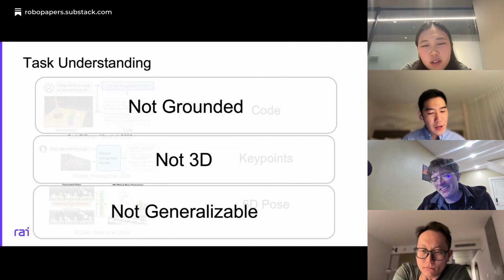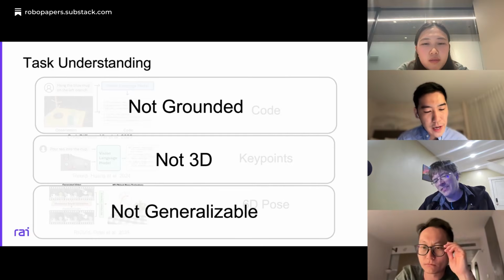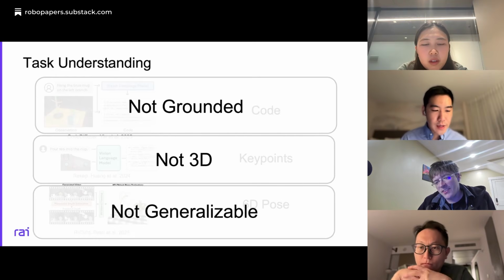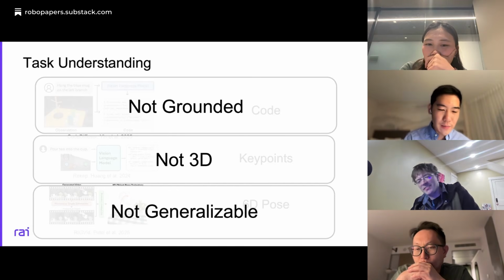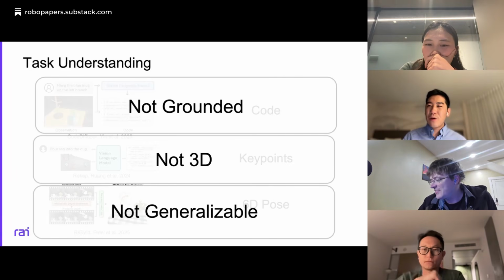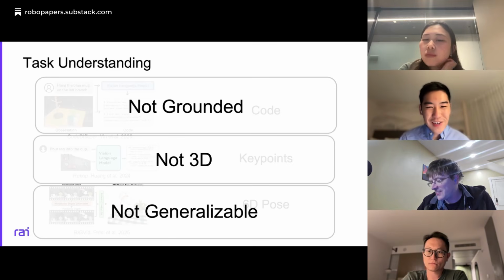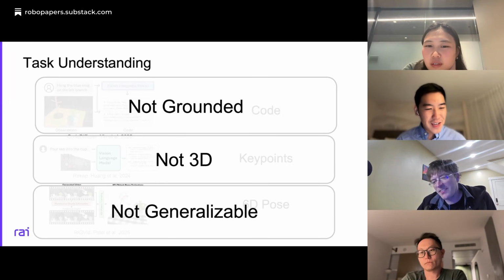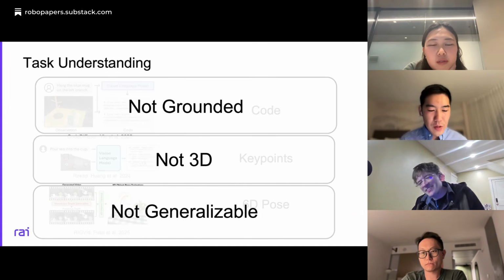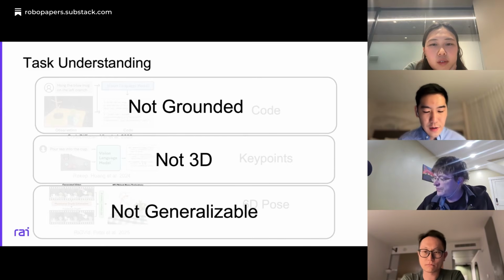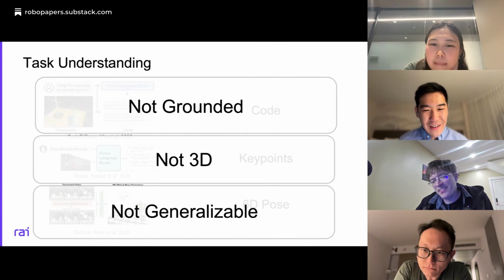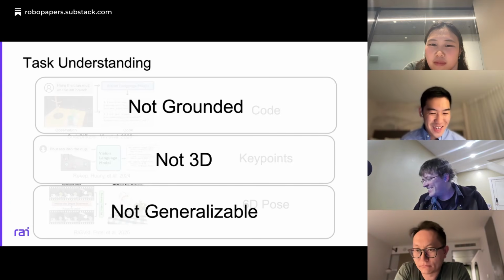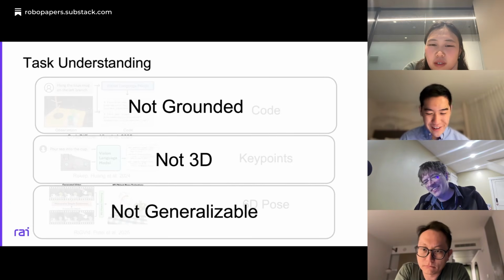Yes. If we have a more static or controlled setting, collecting more data seems to show promise for these end-to-end methods. But I don't think we have seen any positive evidence of real generalization capabilities in in-the-wild scenarios. Okay. Cool. We actually tried all these state-of-the-art VLAs in our lab, and we find they're not really there yet. Probably it will be better next year. We'll see, but probably not right now.